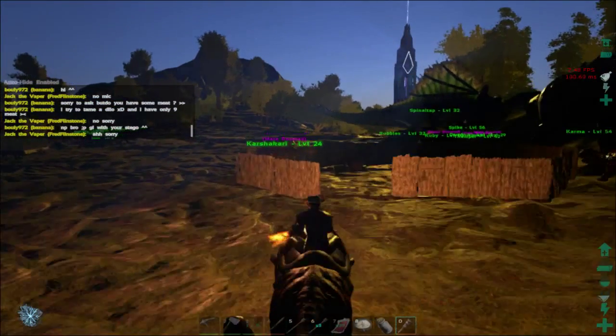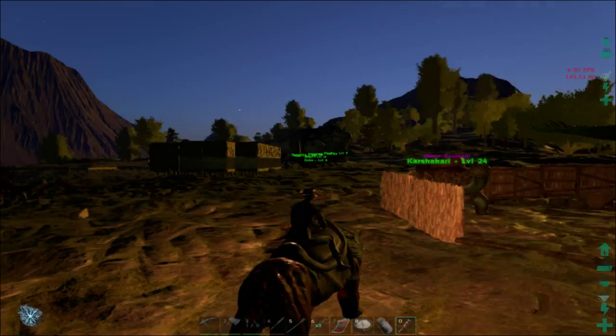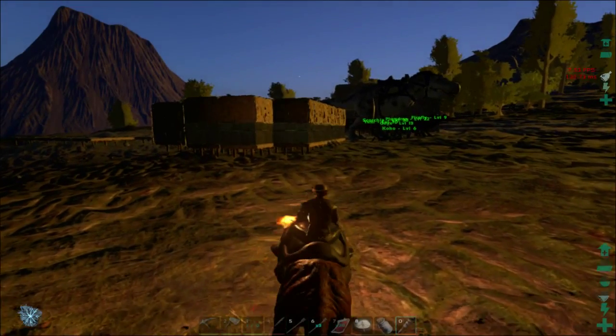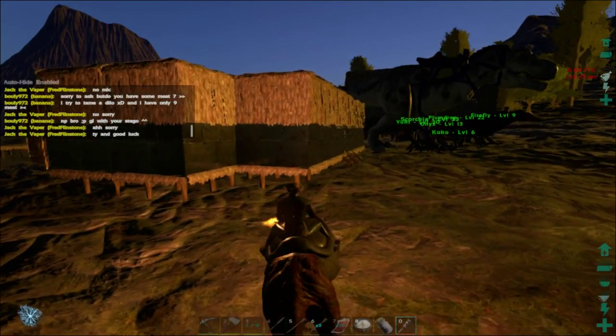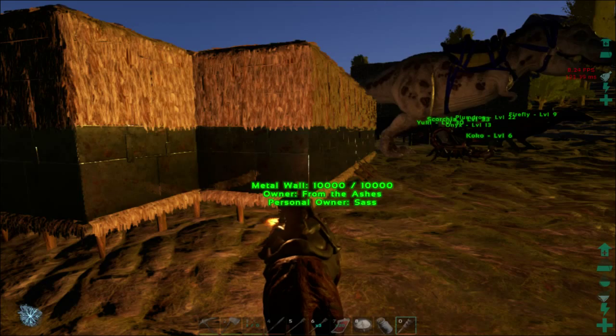So as mentioned, our Spinosaur has a saddle now, so you can see that on Spinal Tap's glow-in-the-dark fins there. We've got all of our pets here. We've started making this wall even more metal. This base here, this building is going to be all metal, and the other building is probably going to be